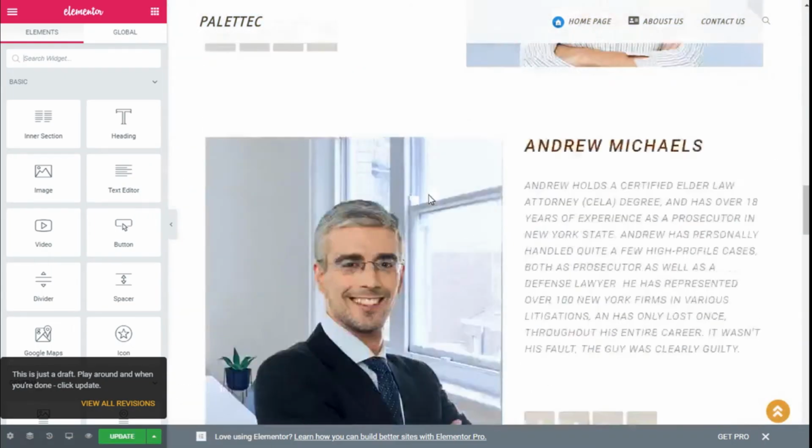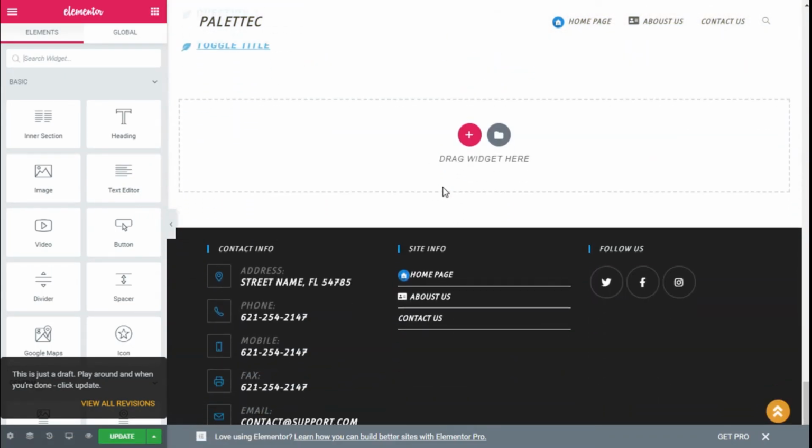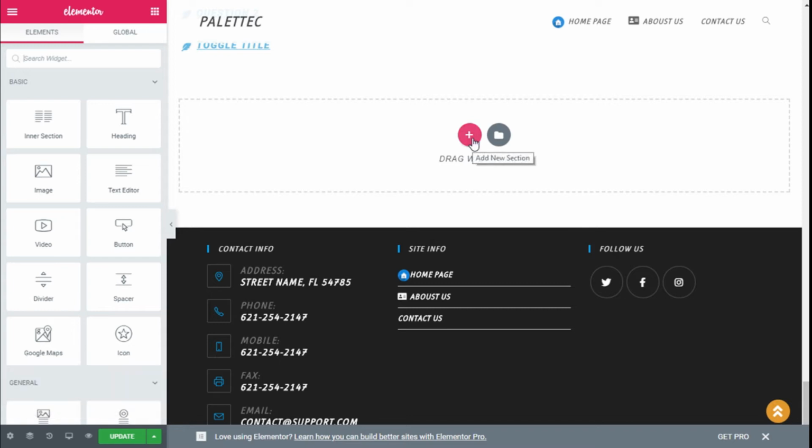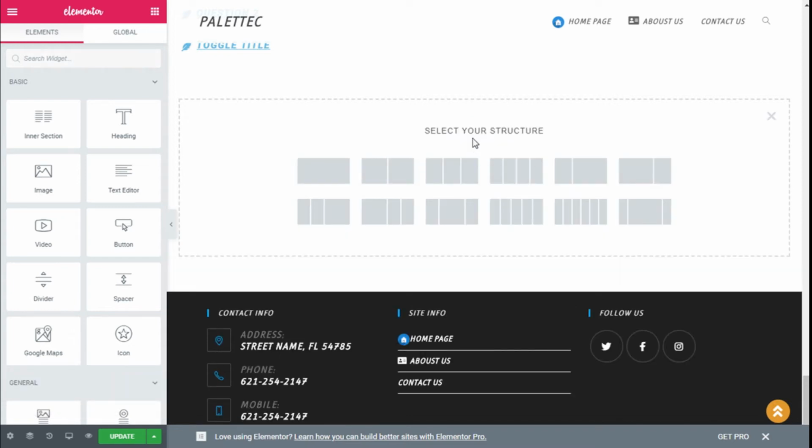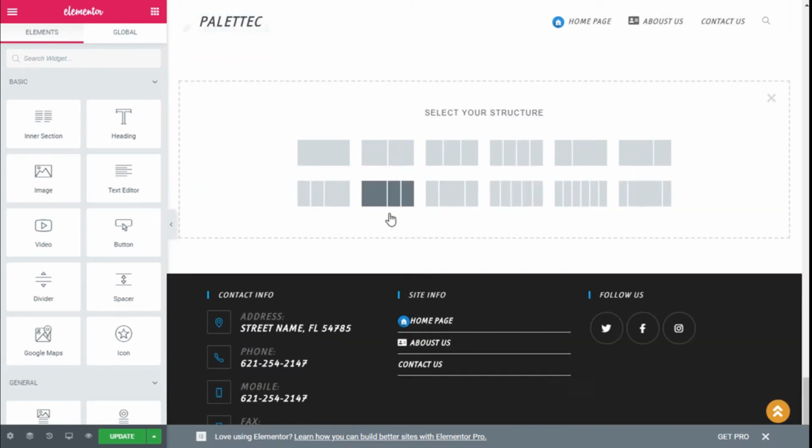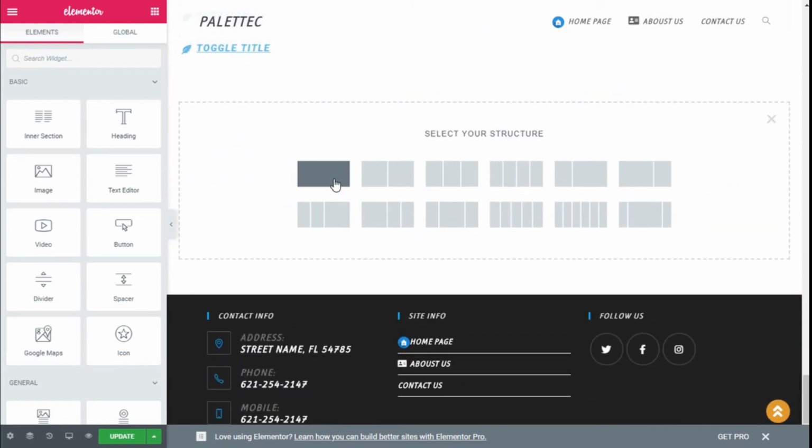Once we are here, we are going to scroll down to the bottom, and here where it says the plus symbol, we are going to add a new section, and here we can select the number of rows it will have. We can have 1, 2, 3, 4 and variations of them, of 2, of 3, or 4. In this case we are going to use one